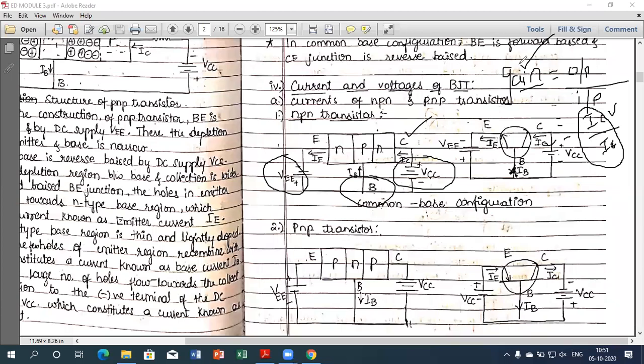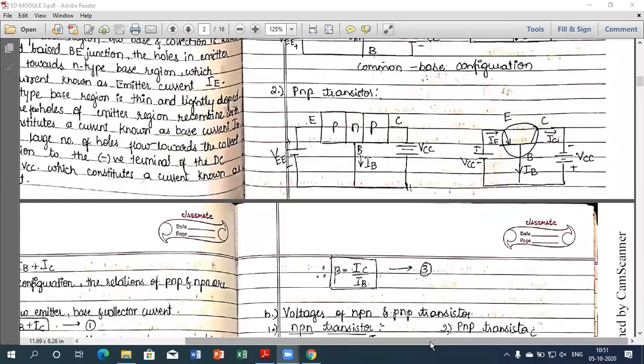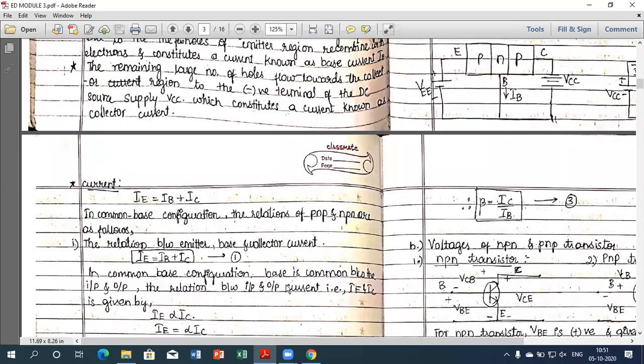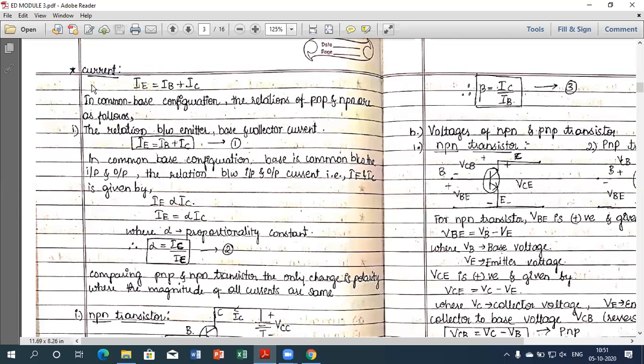So now, using the same concept, the explanation is given here. Just look at this explanation. What I have written here, first we have done for current, in that IE equals what? IB plus IC, which is the complete formula we discussed in the previous section. That is, emitter current causes a flow of base and collector current. Therefore, emitter current is always equal to IB plus IC. You have to remember this formula. Now, the relation between emitter, base and collector is this. Take it as equation 1.